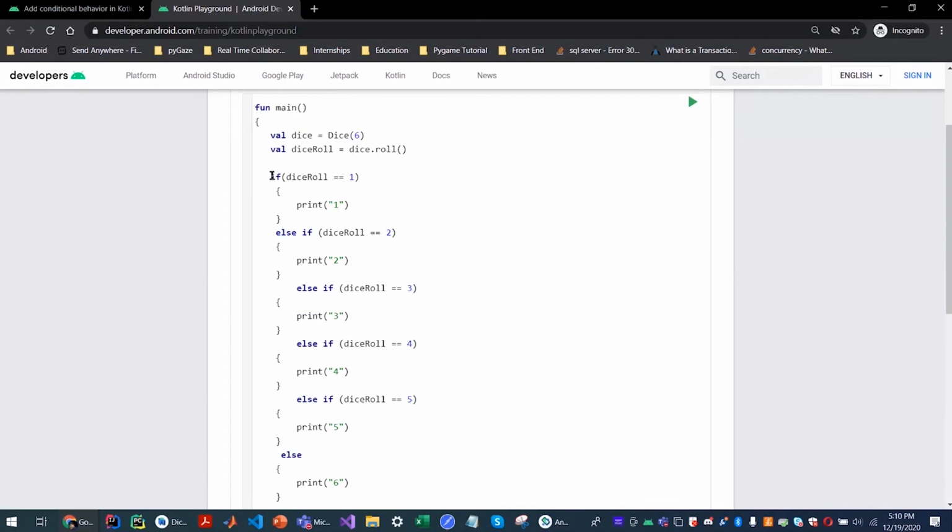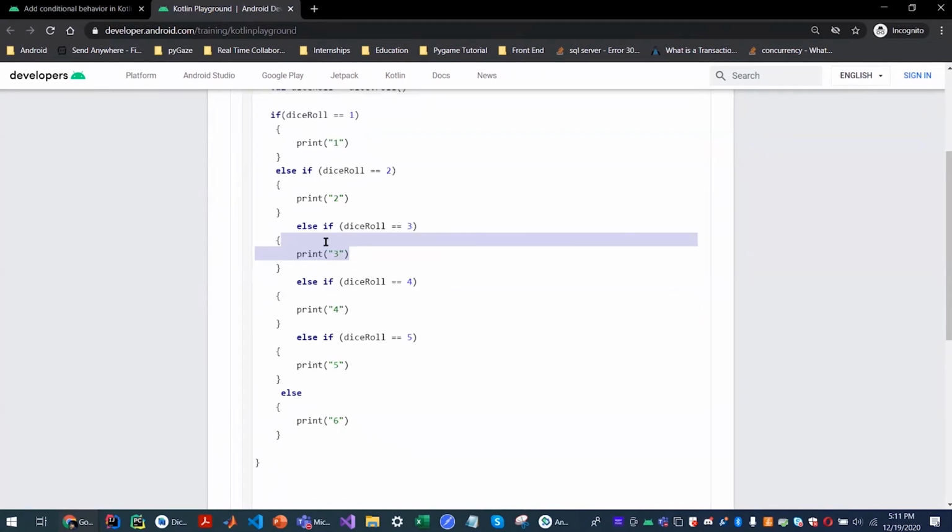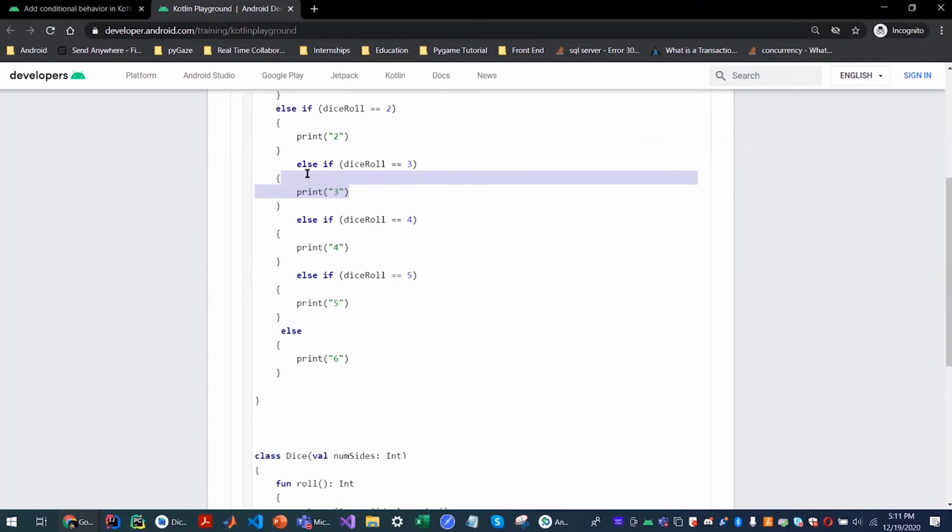Each time a conditional is checked, since the dice roll was 3, the other checks would have given back the value false, so they won't execute. Similarly here, since it came here, it was true and it executed it and it stopped. That's another thing. If you have a lot of these conditionals, and one of them evaluates to true, it will stop the execution there and won't bother checking the other ones.